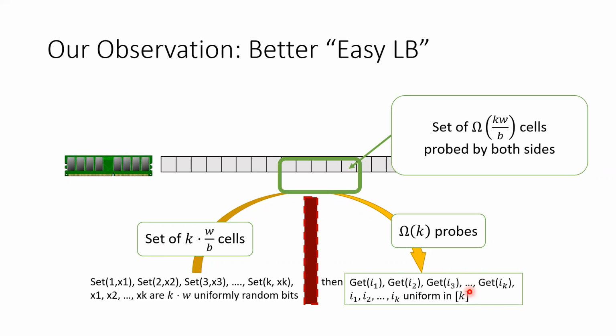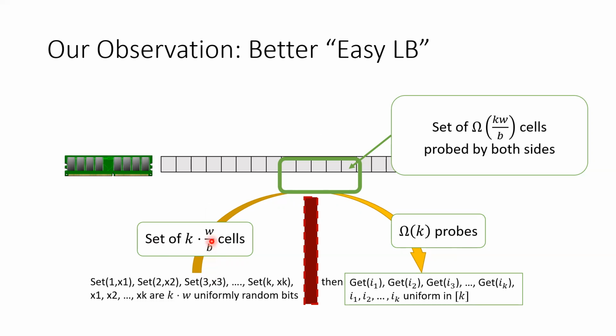We said that this hard sequence will take a linear number of probes, well, exactly the same as the number of logical operations, but still this set of cells can be small, still having this W over B factor,